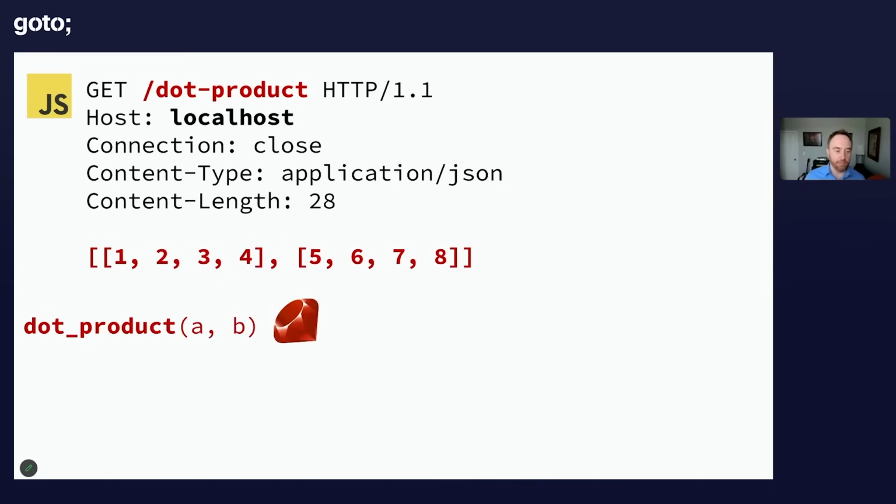So over on Ruby, we're going to have this implementation. It'll be Ruby, they call it a method. So it'll be a method called dot product, takes two arrays, A and B. These JSON arrays of numbers are going to end up getting passed into there. And then Ruby's going to say, okay, I'm going to give you back an HTTP response, which looks something like